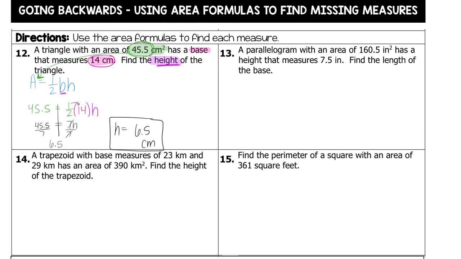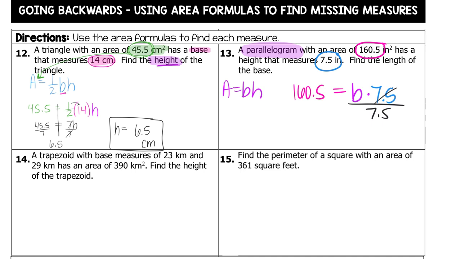Okay, so number 13, this one is a parallelogram this time. So remember, parallelograms are just base times height. And the area is 160.5. The height is 7.5. So we could say 160.5 equals the base times the height, which is 7.5. So this is a really quick one to solve. You can just divide both sides by 7.5. So the base would have to equal